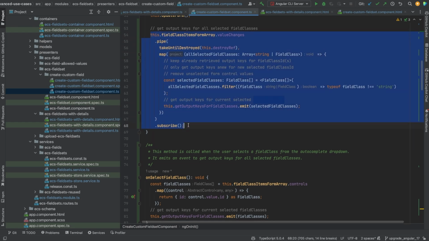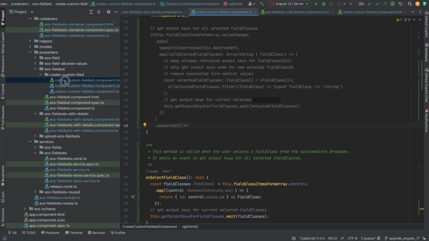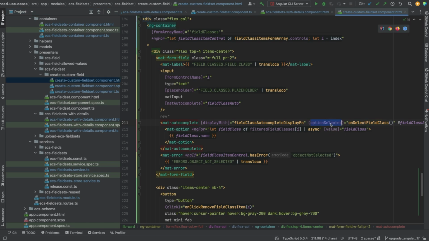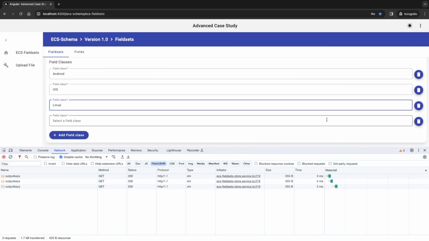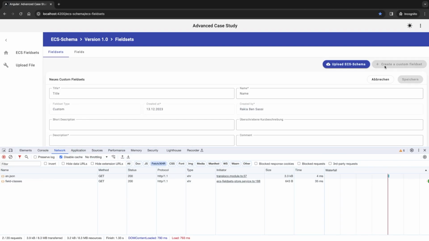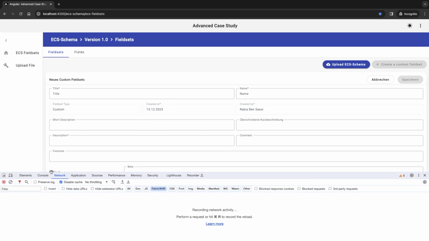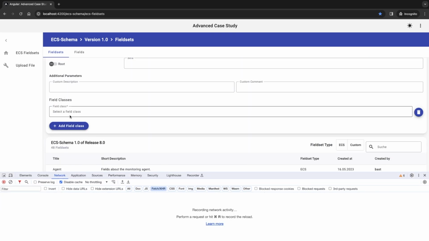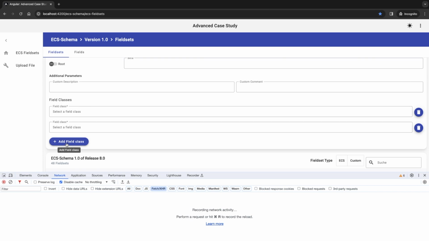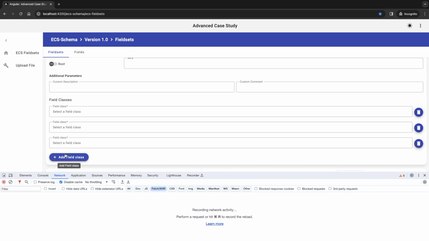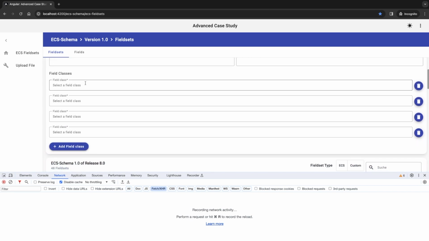So I will comment this again, and now I will just use this event listener, which will be triggered only when an option is selected. Let's check the behavior in the browser now. I need to click on Add Field Class, no request is sent. I click again and I click again, no requests are sent. But when I select Field Class,